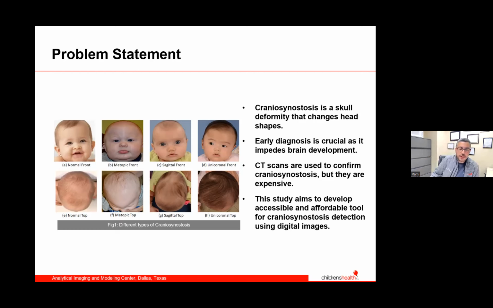One of the motivations is that some of the parents that come to see our clinic usually have to drive 2 or 3 hours to see a specialized surgeon. And sometimes this can be very demanding. And what if they have a machine learning model that can tell them, well, yes, your drive is worthwhile. You need to go see a physician.